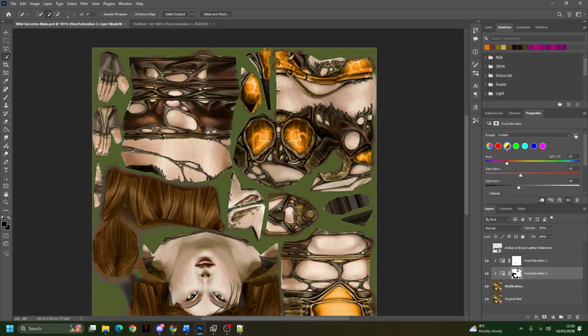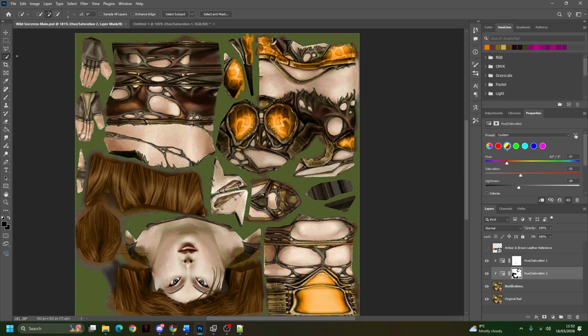Let's see how this looks. I'm not too happy with these browns. If you do want to change these, you know what, I'll do it. I've got time, so it's going to be boring for you though. But let's just see how this looks. So we're going to save as